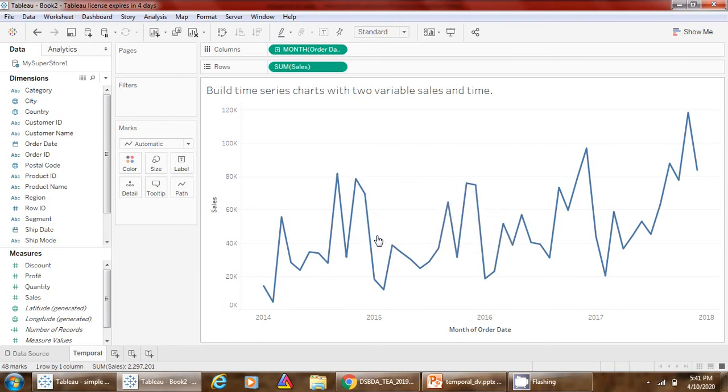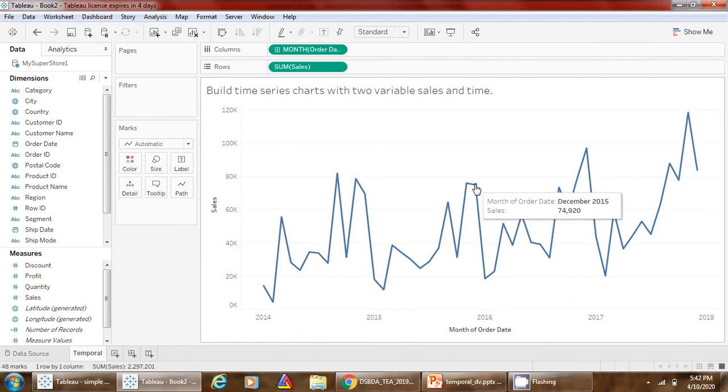Now if you observe the pattern, at the end of each year sales value seems to be much higher as compared to starting months. See, for December and November of year 2014 sales values are much higher as compared to January, February or March.